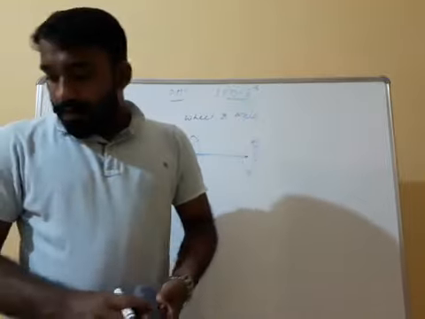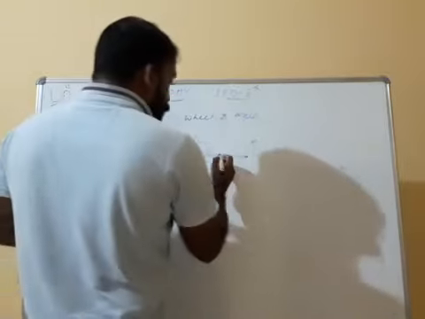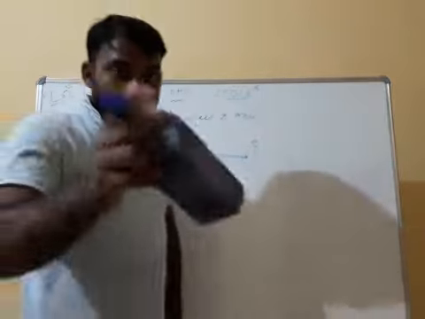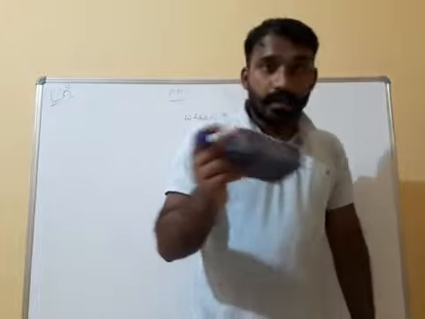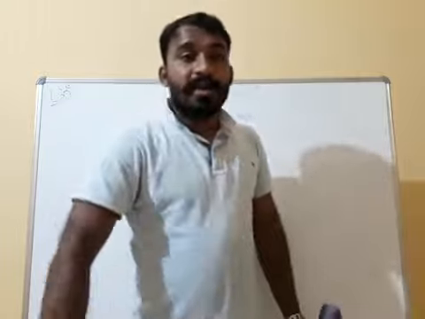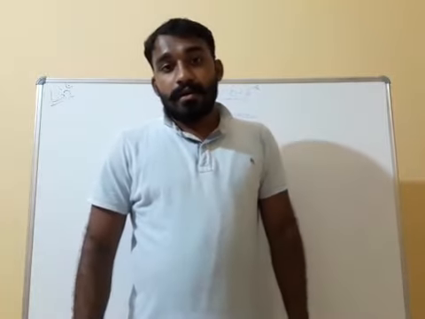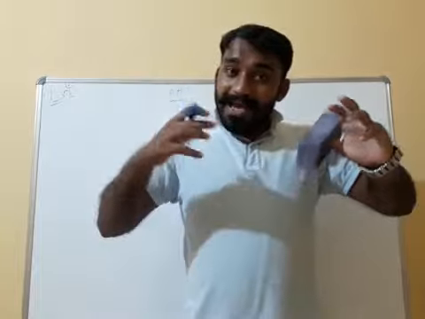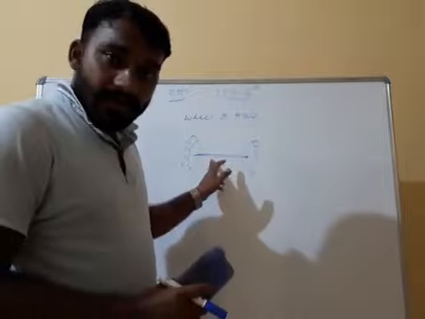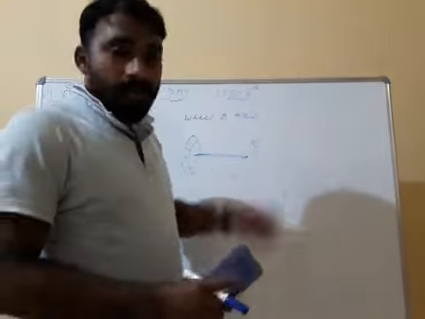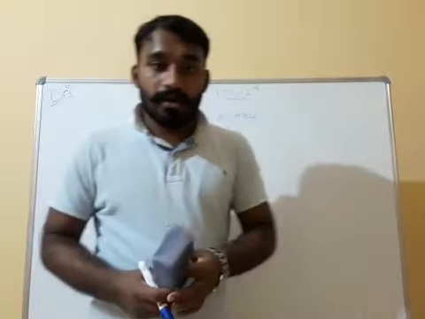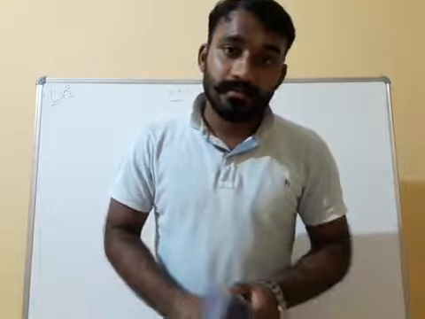Understood or not? In this case, we are applying force on the axle. Along with the axle, the wheel also starts rotating. Let us take one example of the wheel of a vehicle. When the backside wheel is rotating, which one is rotating first? The axle is rotating. Along with the axle, the wheel starts rotating, so that automatically you can move forward or you can move backward. That is also a wheel and axle system.